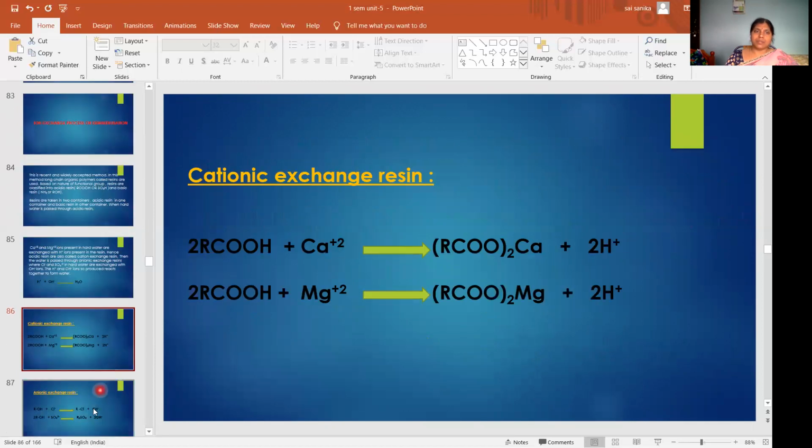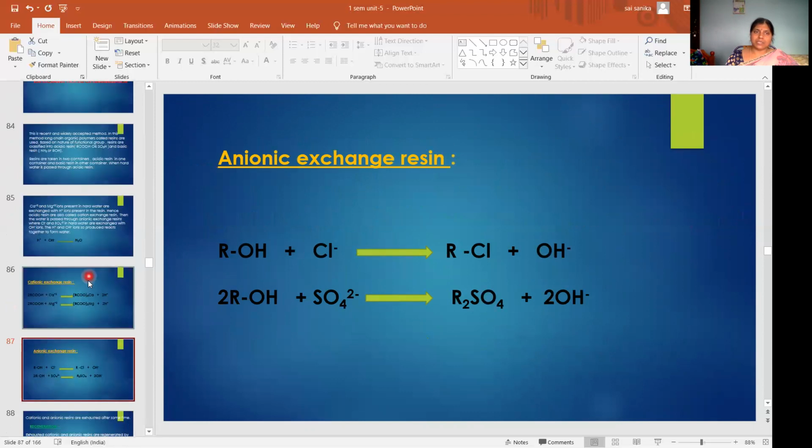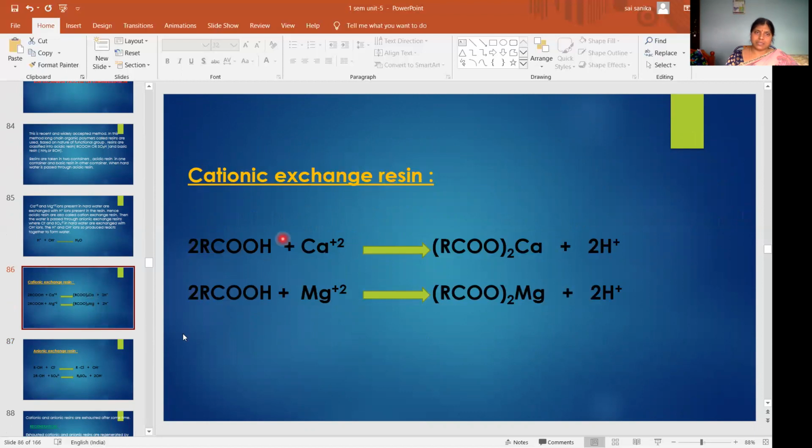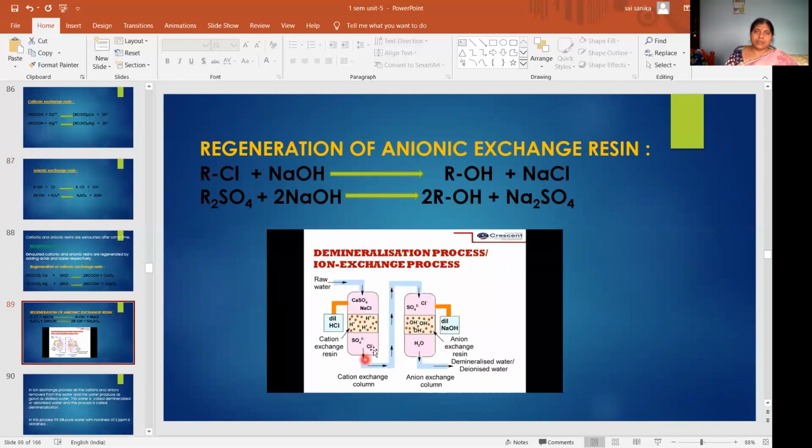Very, very simple. You see like this, it looks difficult, but if you practice it, it will be very easy for you. Here two types of resins we are using, acidic resin and basic resin. Acidic resin will exchange cations, that's why it is called cation exchange resin. Basic resin will exchange anions, that's why it is called anion exchange resin. If you see the diagram, here we are taking two tanks. Keep this diagram in your mind, then you can write the process easily.